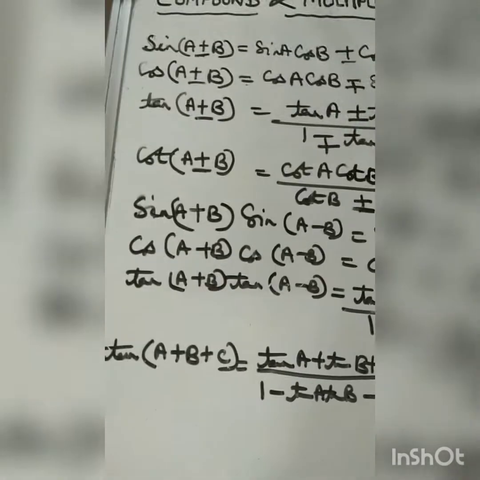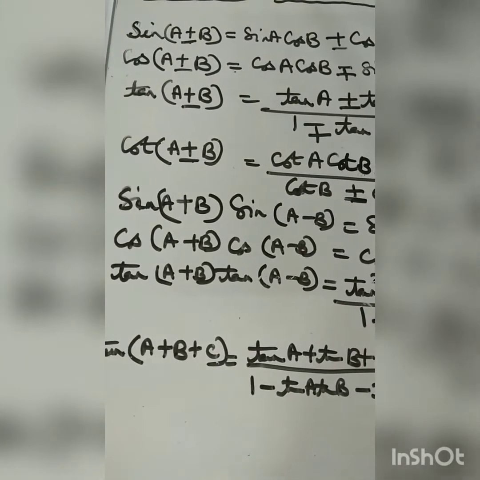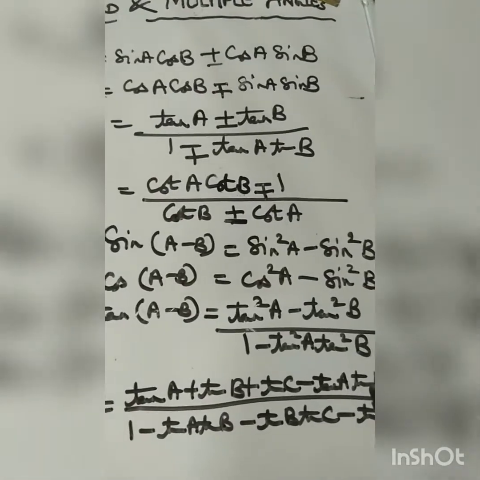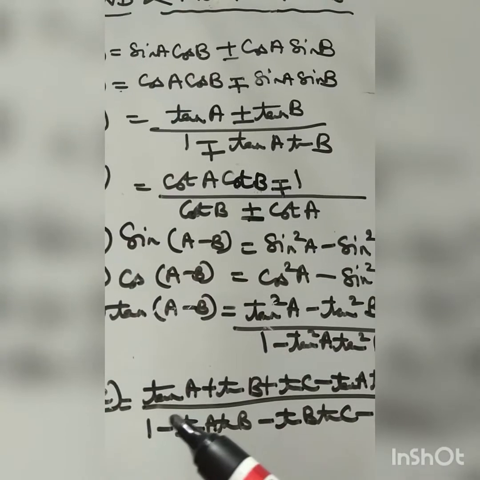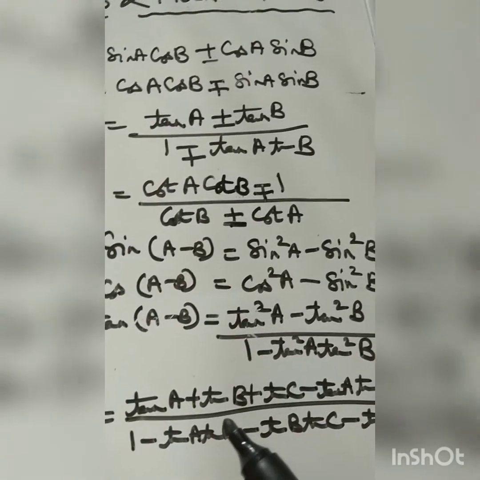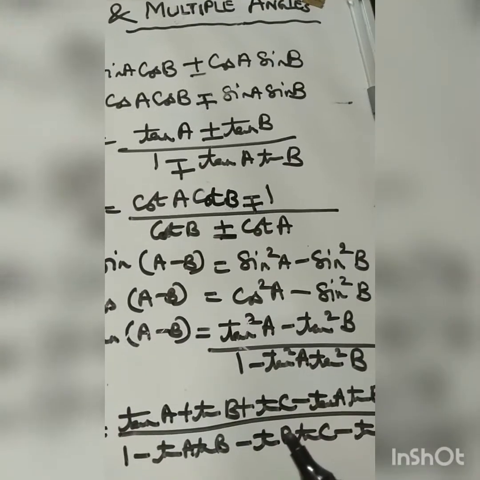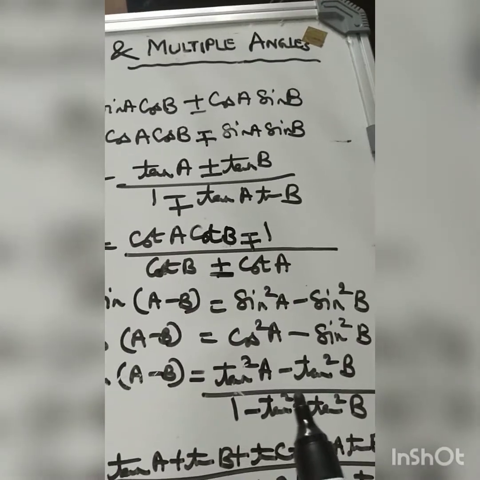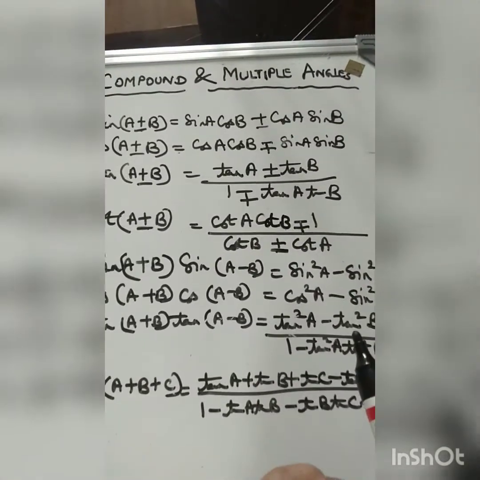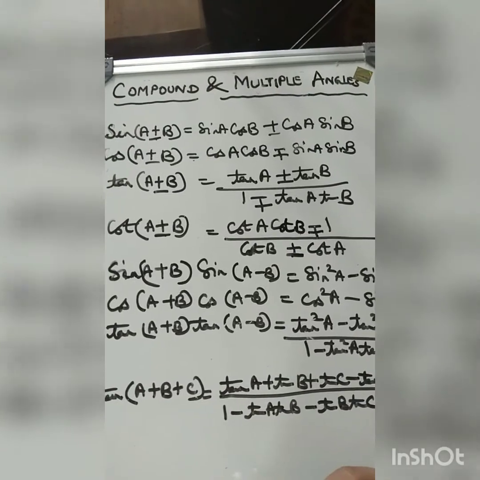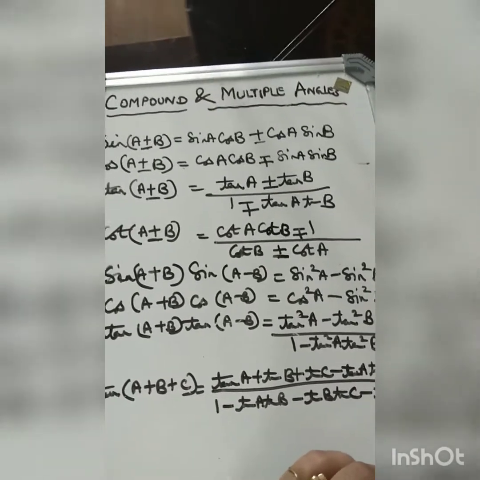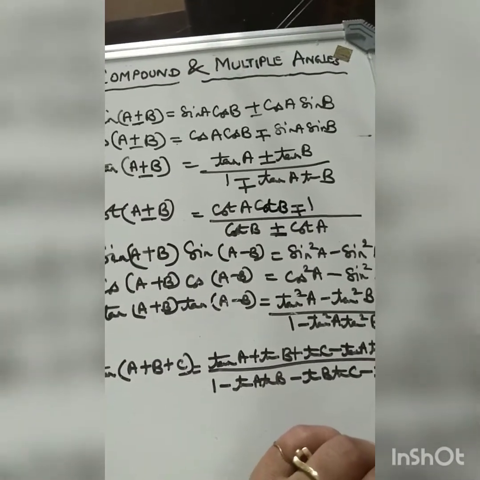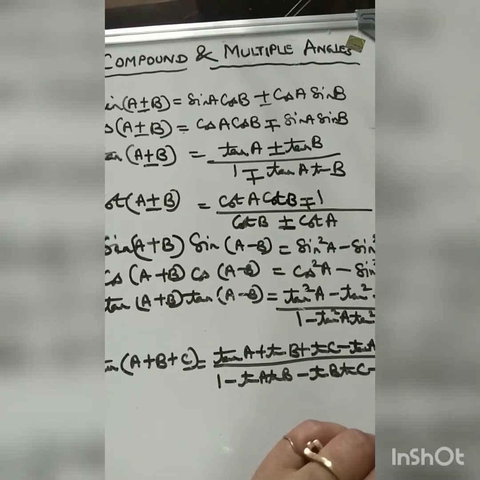And the last one is tan of a plus b plus c is equals to tan a plus tan b plus tan c minus tan a tan b tan c upon 1 minus tan a tan b, cyclic order is to be maintained, minus tan b tan c minus tan c tan a. Hence these are the formulae which you will be using in your first exercise. So you have to write down all the formulae in your maths register center page and learn them forever. Please learn it now itself.